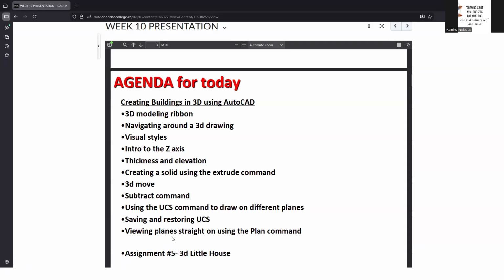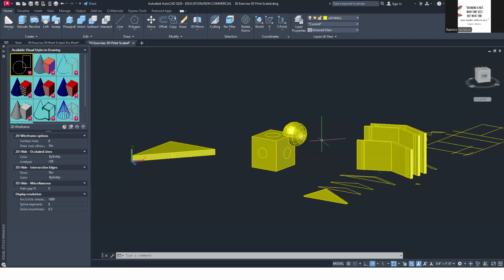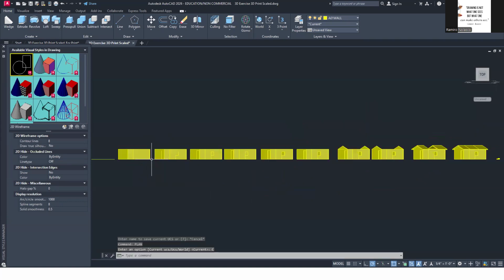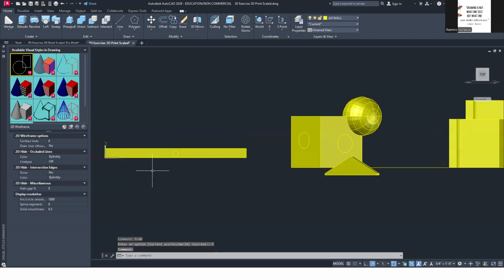Okay, and then there are viewing planes straight on the plan view. So when you want to go to a UCS and let's say make this the plan view, you type plan, and then you say current UCS, and now we're looking at the plan view of that surface. Okay, so notice these are inclined.